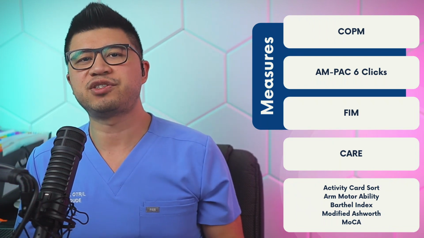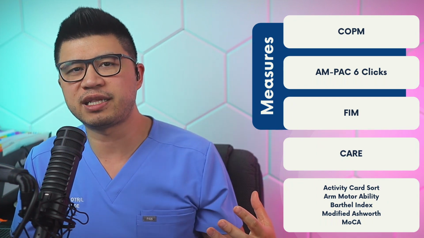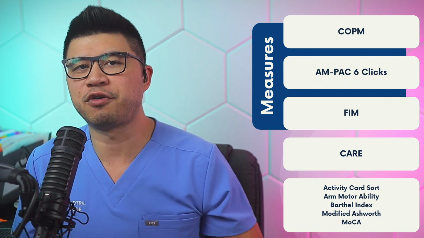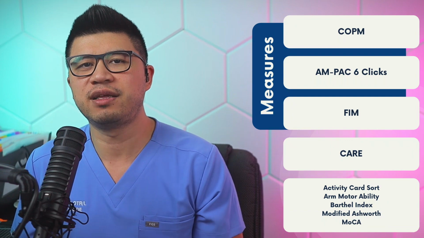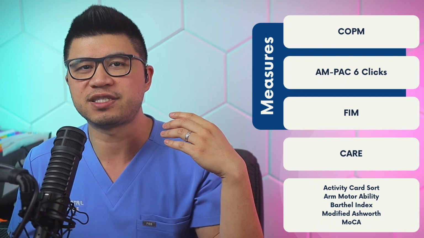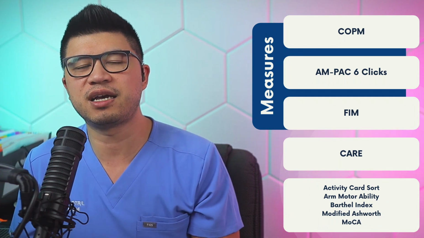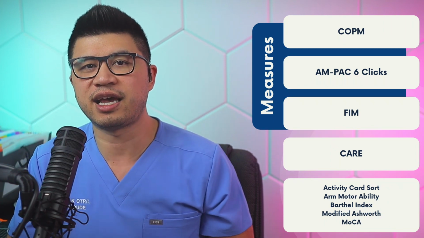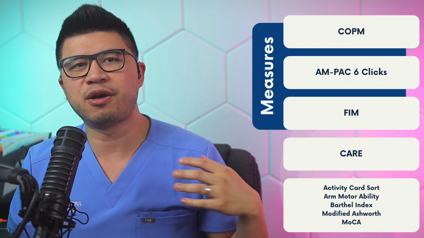Other more specific measures include, say, for the upper extremity, the Arm Motor Ability Test and Wolf Motor Function Test. For spasticity, the Modified Ashworth Scale. Simple screens also can be used for vision and visual perception deficits, say, for homonymous hemianopsia, visual field cuts, and attention and neglect, such as letter cancellation tests and a clock drawing. Another favorite that OT and speech like to use is the MoCA. Also, your commonly used evaluation methods such as sensory testing, MMT, range of motion, coordination, proprioception, things like that too